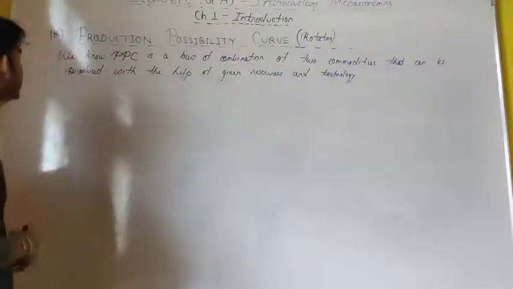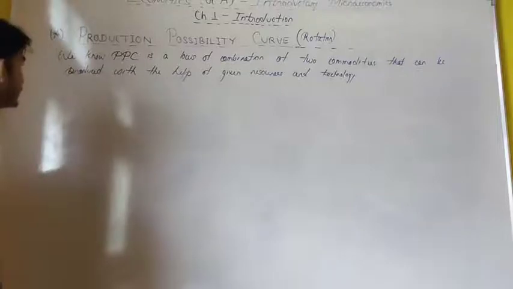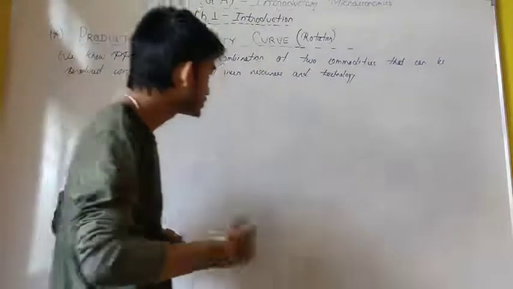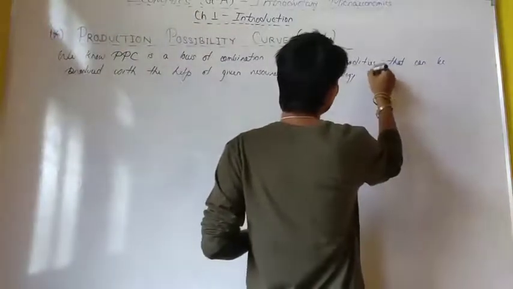So the rotation. We know that PPC is a locus of combination of two commodities that we can produce with the help of given resources, and whenever